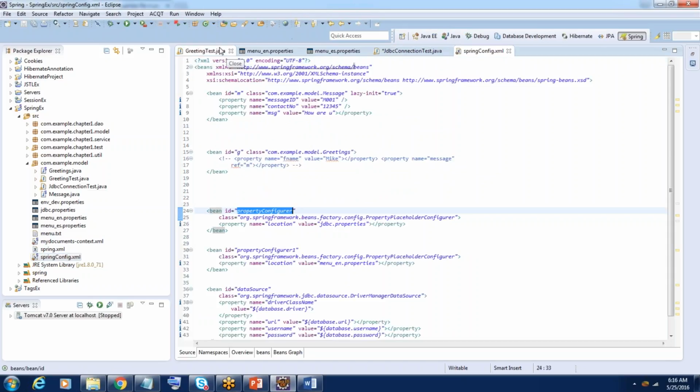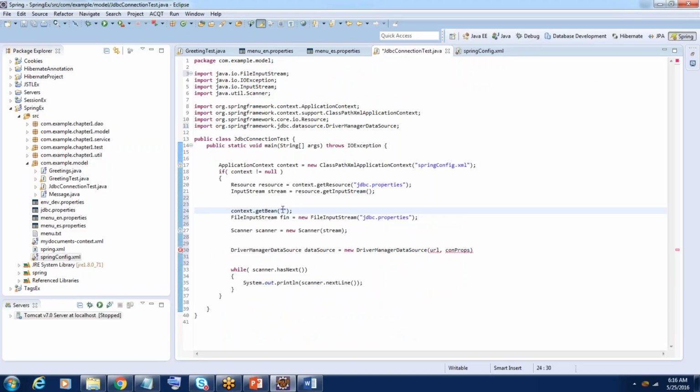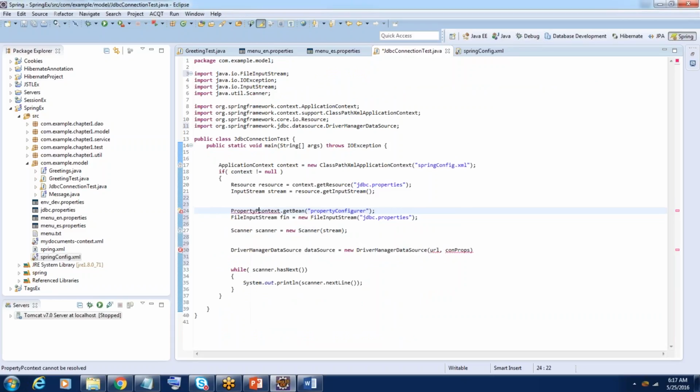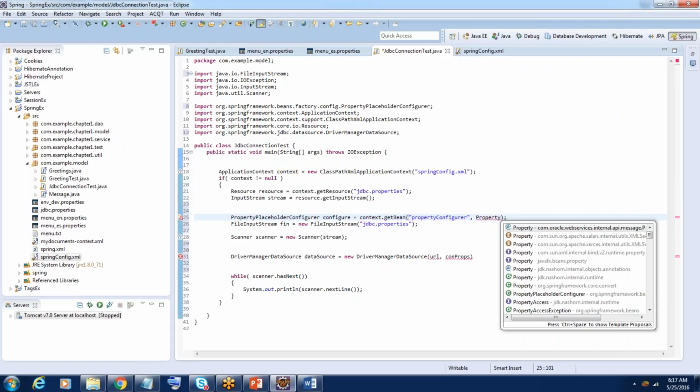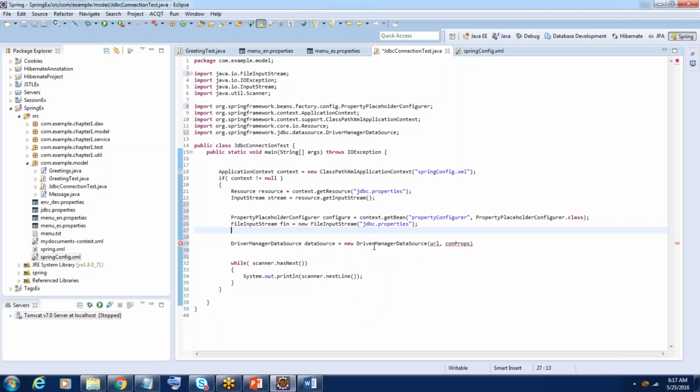So directly you can access this. Context get bean. So configure dot